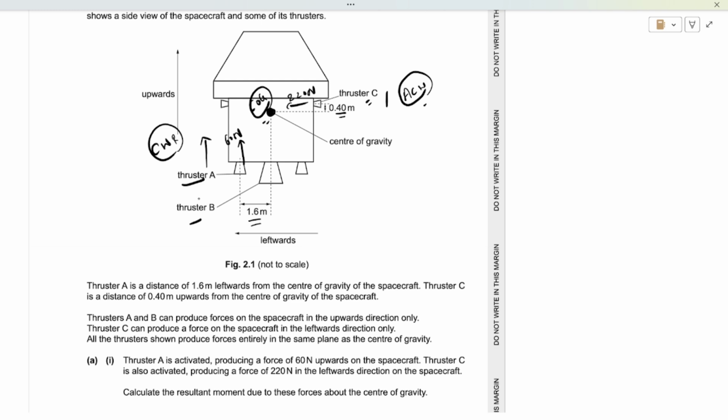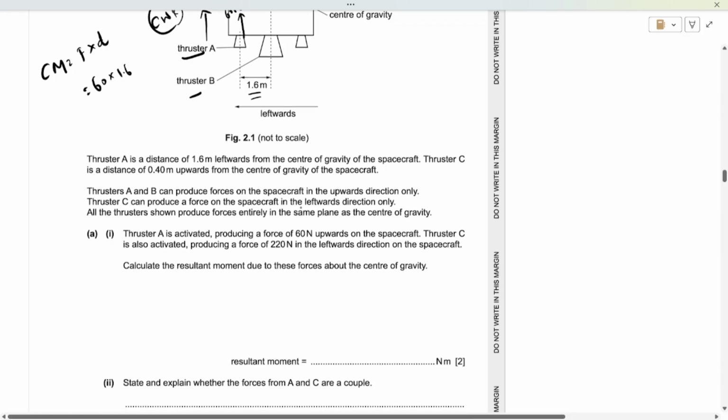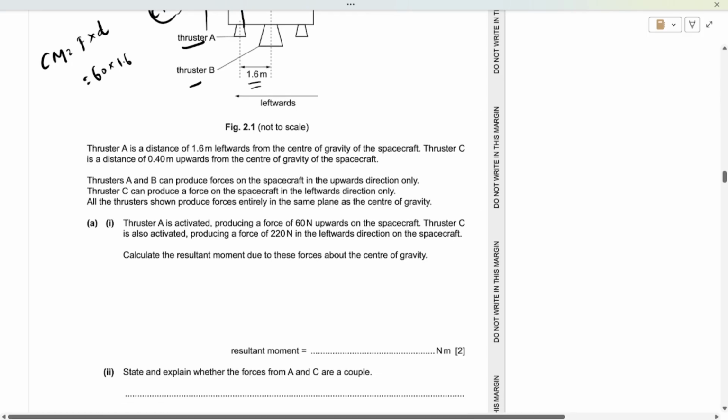Okay, so we know that the force acting because of the thruster A is 60 Newton. We know the formula for the clockwise motion, that is force into the distance between the fulcrum or the center of gravity and the thruster A. The force is given as 60 Newton and the distance is given as 1.6. So the clockwise moment provided by the thruster A is